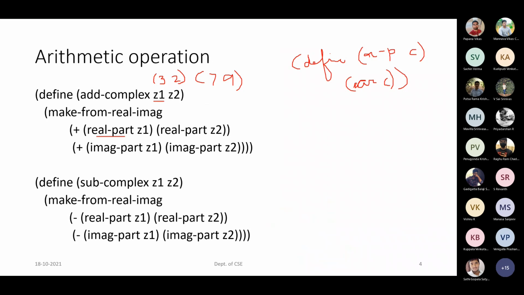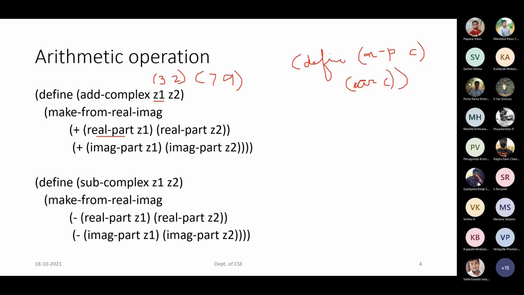But the same thing, if your complex number is in the multiplication as well as the division part, if it is in the rectangular form, then what happens? You will have the real part of the first complex number multiplied by the real part of the second complex number. Then whenever you come across i square, it has to be replaced with -1. And the imaginary part will be the real part of the first value with the imaginary part of the second complex number. So it's a big formula.